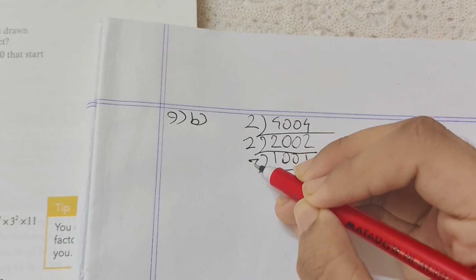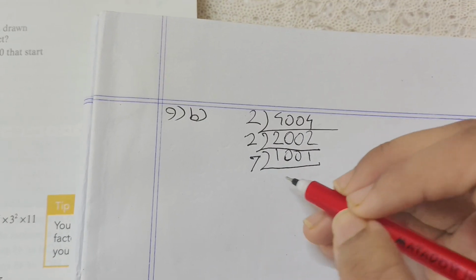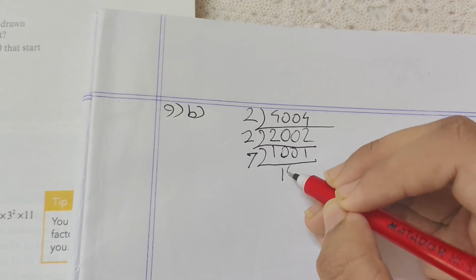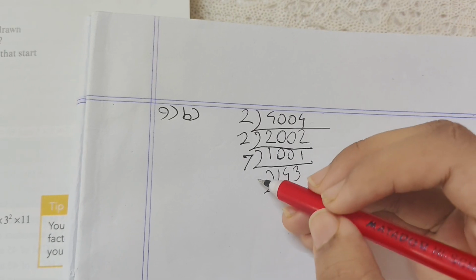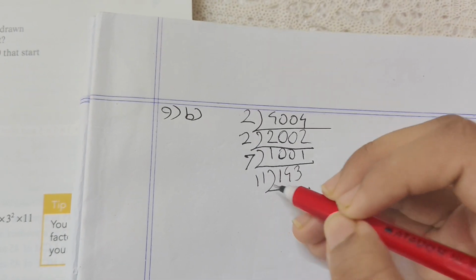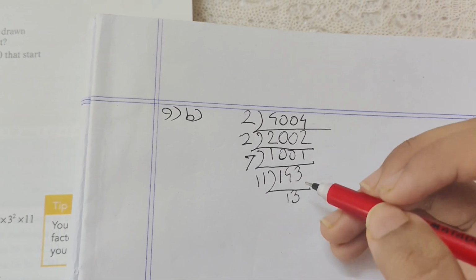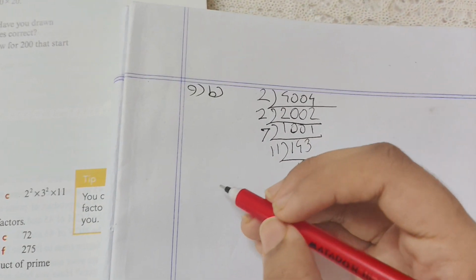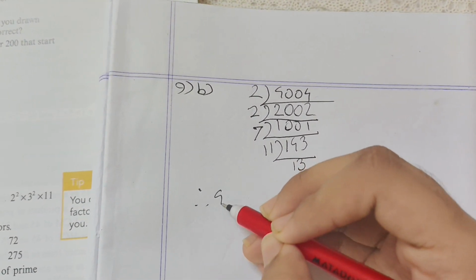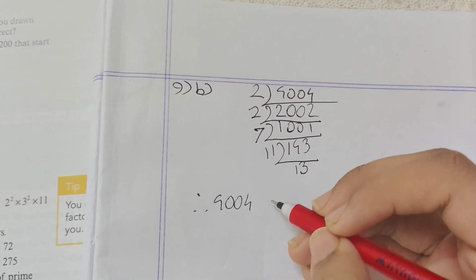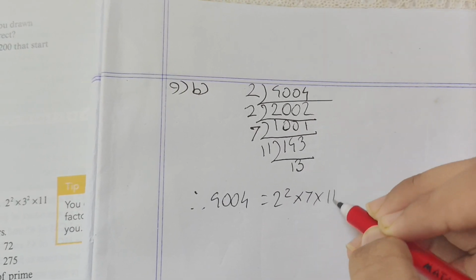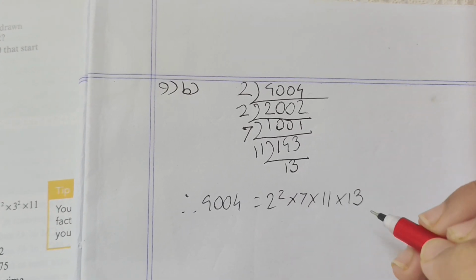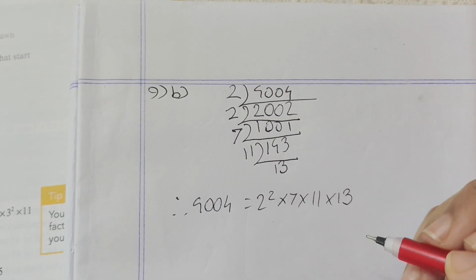So we divided 1001 with 7, which gave us 143. We divided 143 with 11 to get 13. Therefore, we can represent 4004 as 2 squared multiplied by 7 multiplied by 11 multiplied by 13 as a product